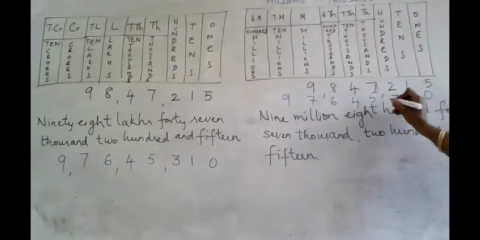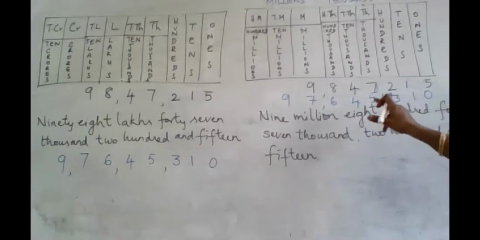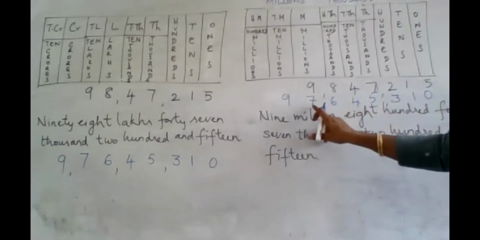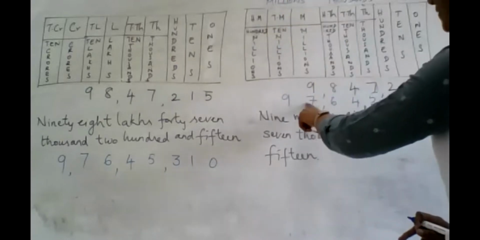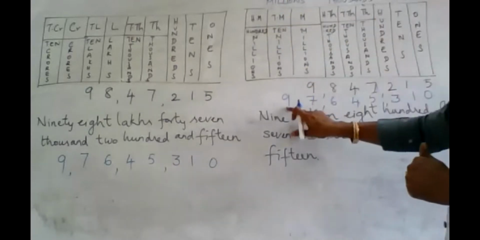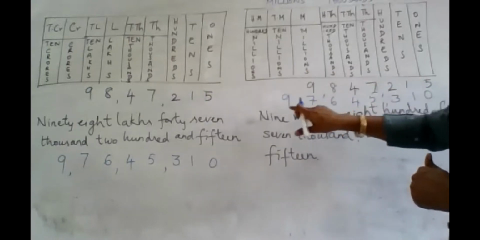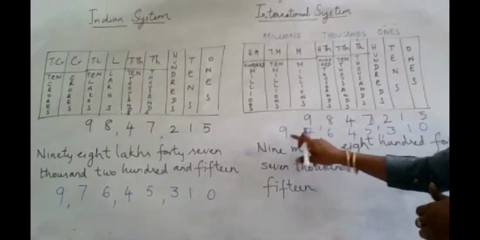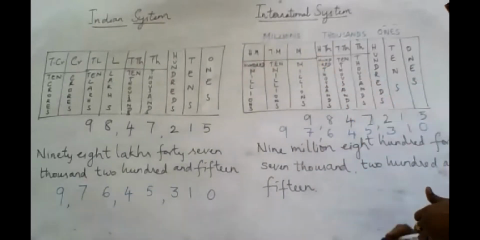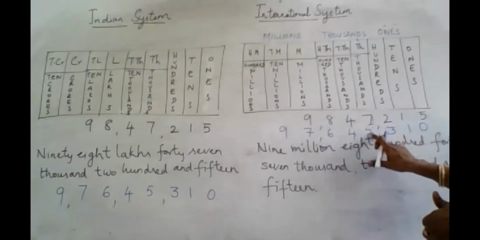Now see, I have to put the commas 3 every time. So 310 a comma, then 645 a comma, then 97. Now 9 is sitting in the 10 million place, 7 in the 1 million place. So this is 90 million and here it is 7 million, so together 97 millions. I hope you're seeing the millions there. 6 in the 100,000, 4 in the 10,000, 5 in the 1,000.